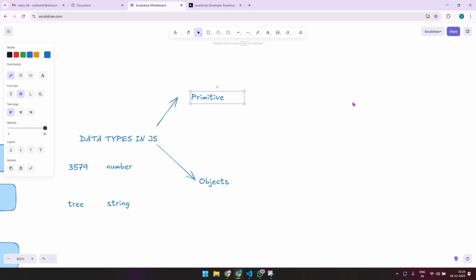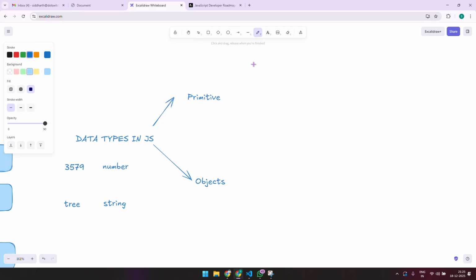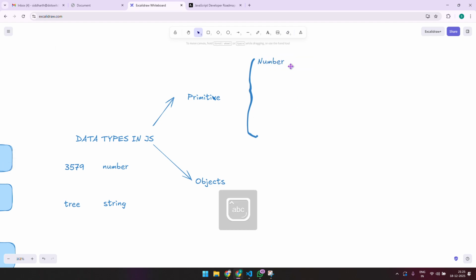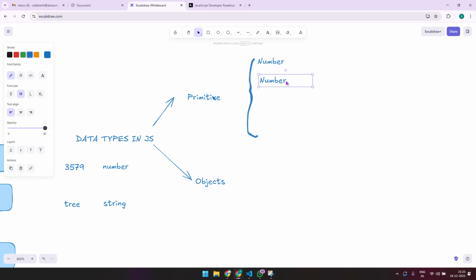So if we look at primitive, there are a few here. First is the one that we would understand, which is a number, then a string, which is a word, then we have